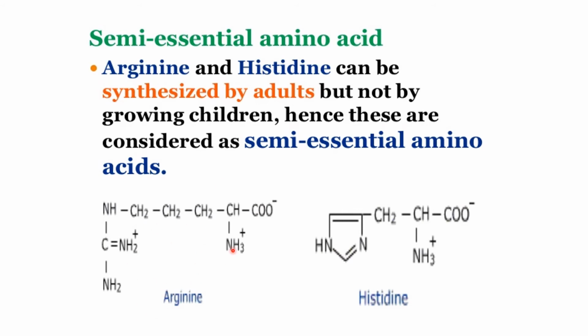So this is the molecule, the formula of arginine, and this is histidine. As you can see over here, there is the alpha carbon. This is the alpha carbon which has an H, a carboxylic group, and an amino group, and this is the side chain, the R group. So this is the N terminal and this is the C terminal. Even in this histidine you can see the alpha carbon atom which has one H, an amino group and a carboxyl group. In this case, this is the side chain.